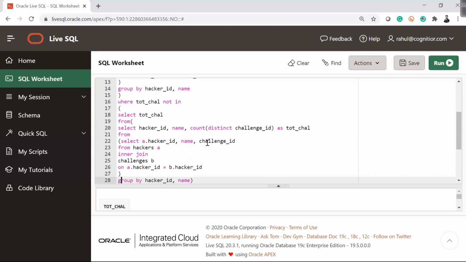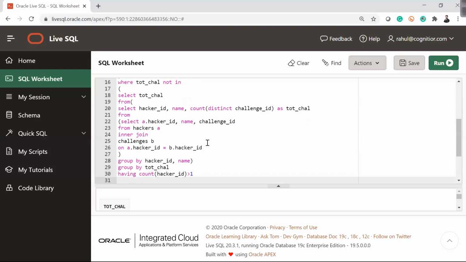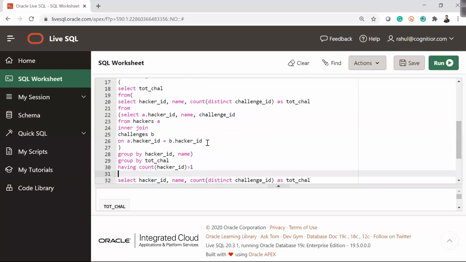So I'll write my query till here, and here I will write where total chal is less than 6.